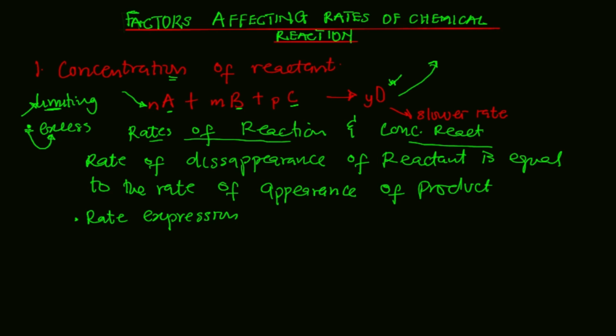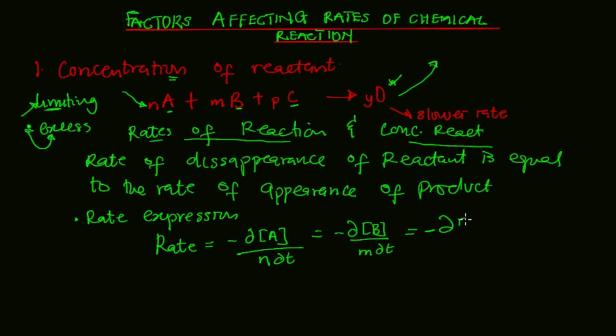Another thing I'm going to talk about is reaction rates. Now look at this. Let's say we have the reaction rate for this particular expression. That's going to give us negative change in concentration of A divided by n change in t. This is going to be equal to negative change in concentration of B divided by m change in t. Then this is equal to negative change in concentration of C divided by